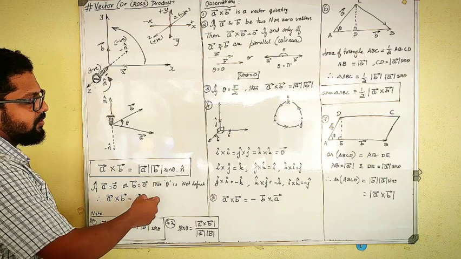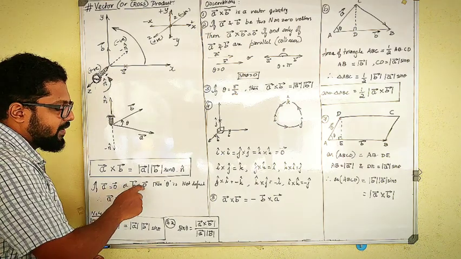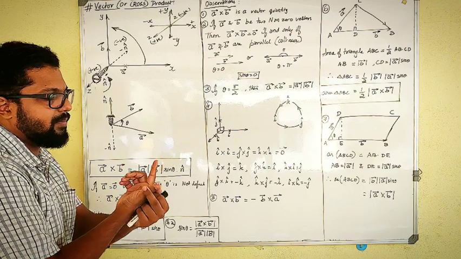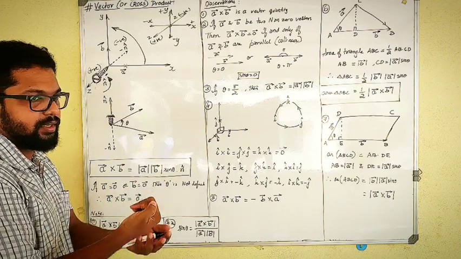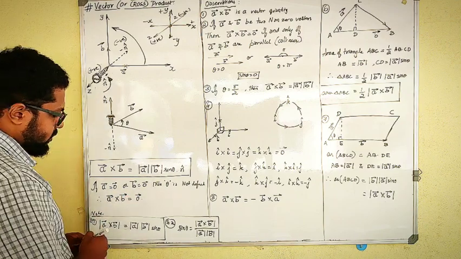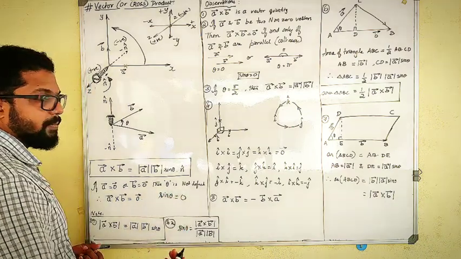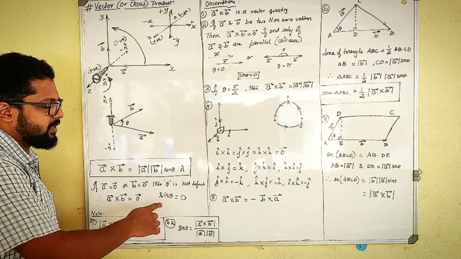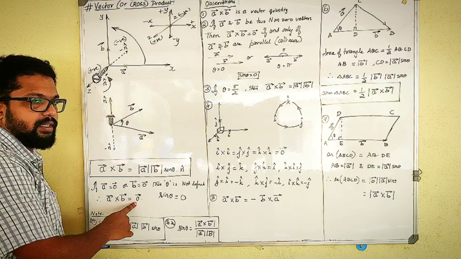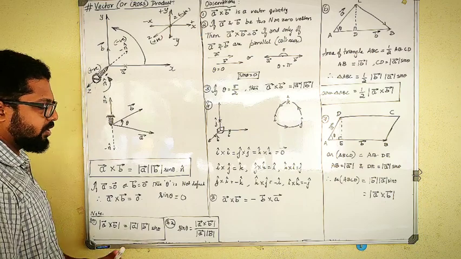One small observation before going to the other main observations. If vector A is a zero vector or vector B is a zero vector, then theta is not defined between them, isn't it? You cannot form an angle with a zero vector; it is just a point. If theta is not defined, A cross B will be 0, because sin theta is 0. Which means A cross B is a zero vector. It is not n cap again, it is a zero vector totally. That is what you need to understand.